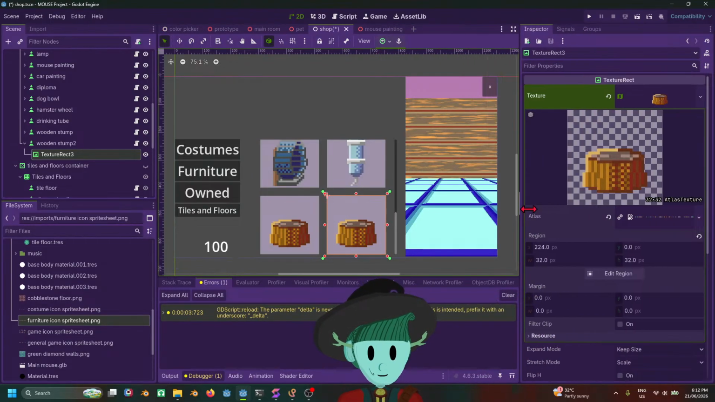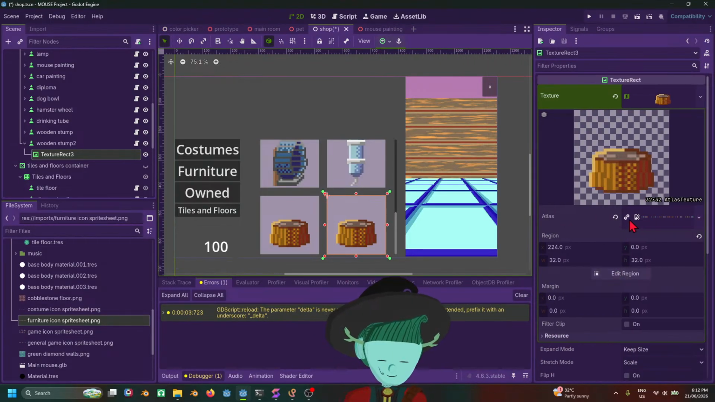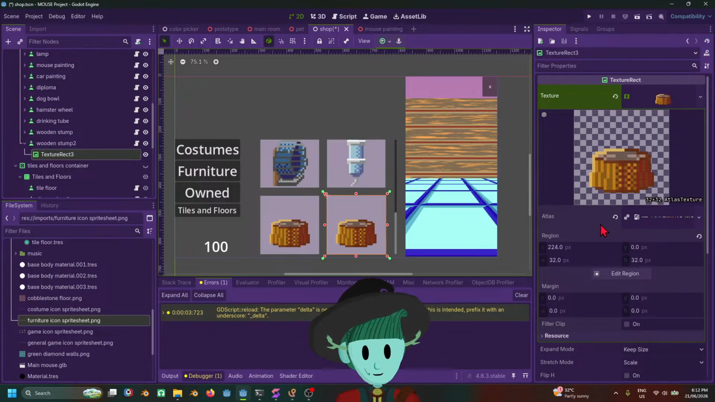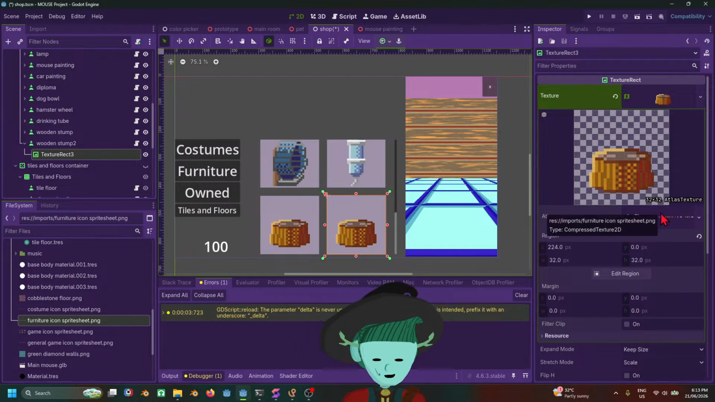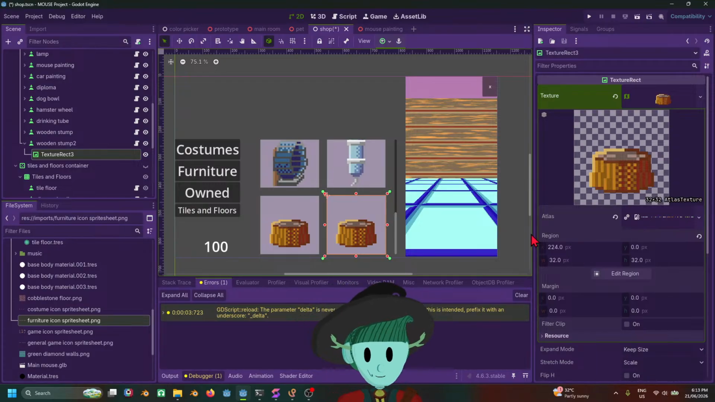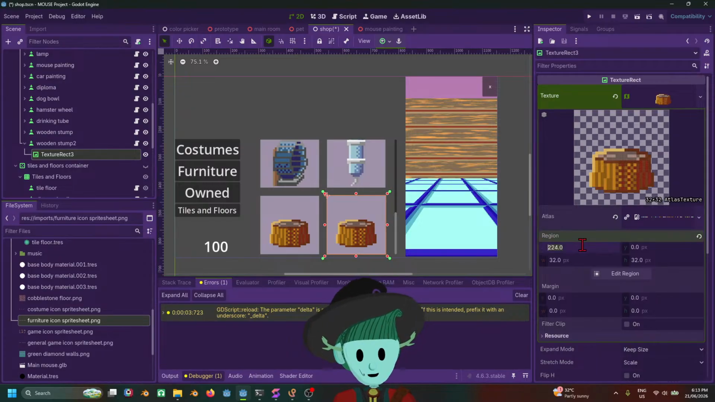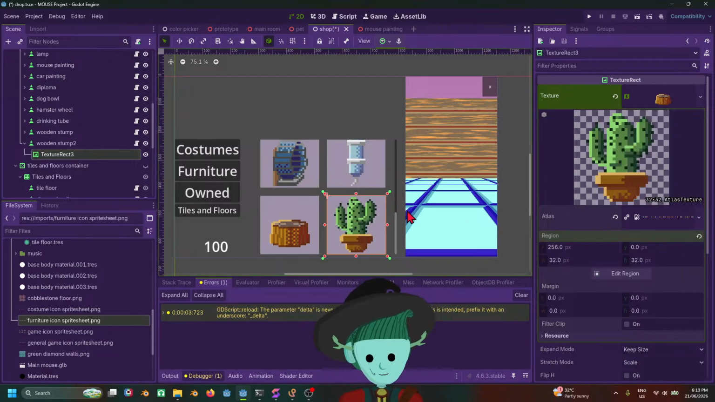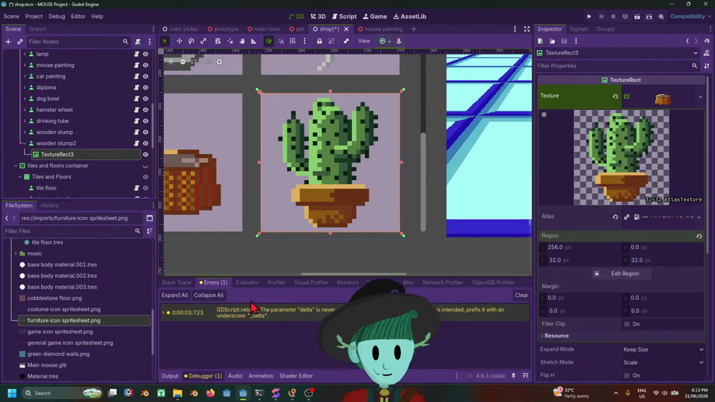So back to my button here. If I want to change the icon, I set up an atlas texture and set the width and height to 32 by 32, because each sprite under my icon occupies a 32 by 32 space in my sprite sheet. And to change this stump, I just need to add 32 to the x variable of my region, so that now it switches to the cactus that I've already created